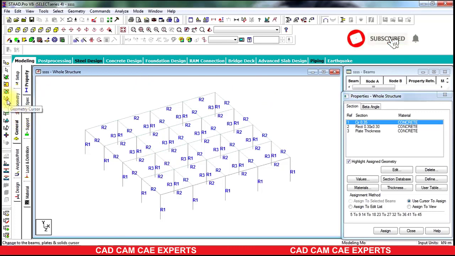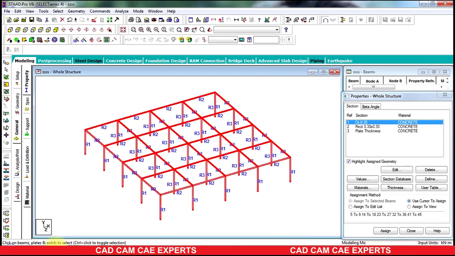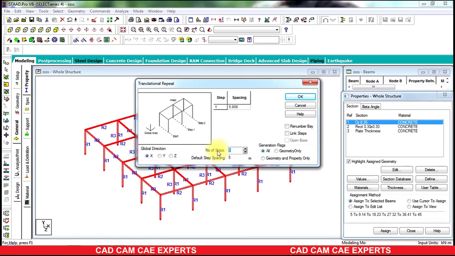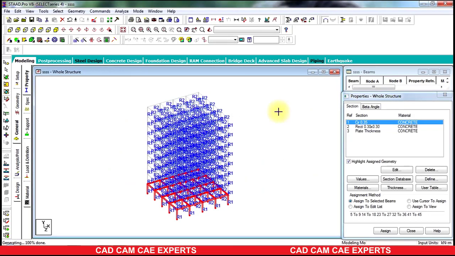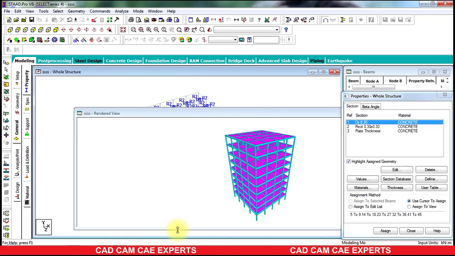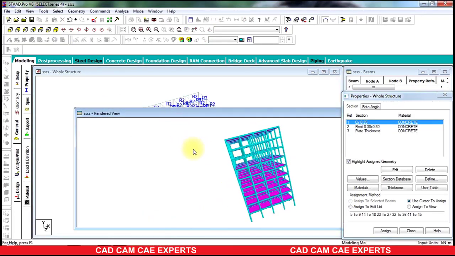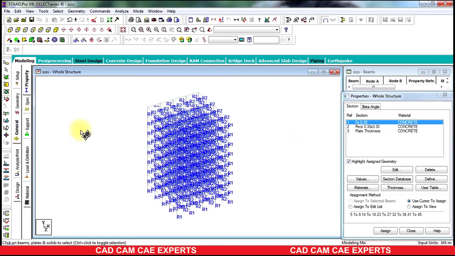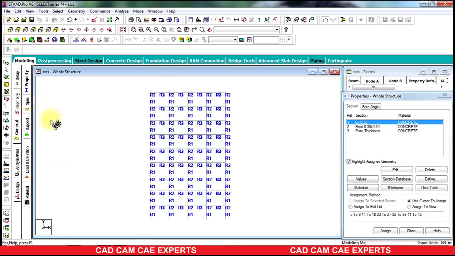Now using geometry cursor, which selects all the beams, columns as well as plates, we use translational repeat and raise it to 8 stories. Spacing will be 3 meters between each story in the y direction. You can view the 3D model. Now that you have raised it, you need to